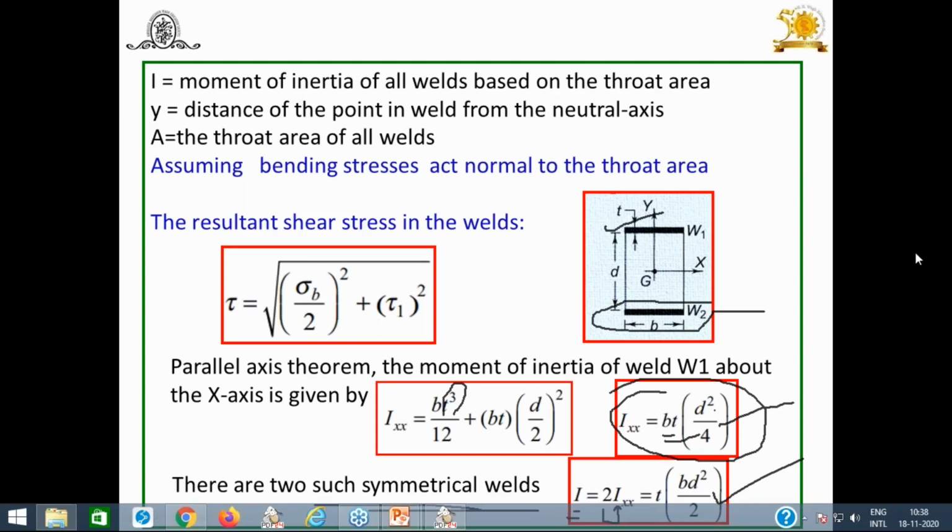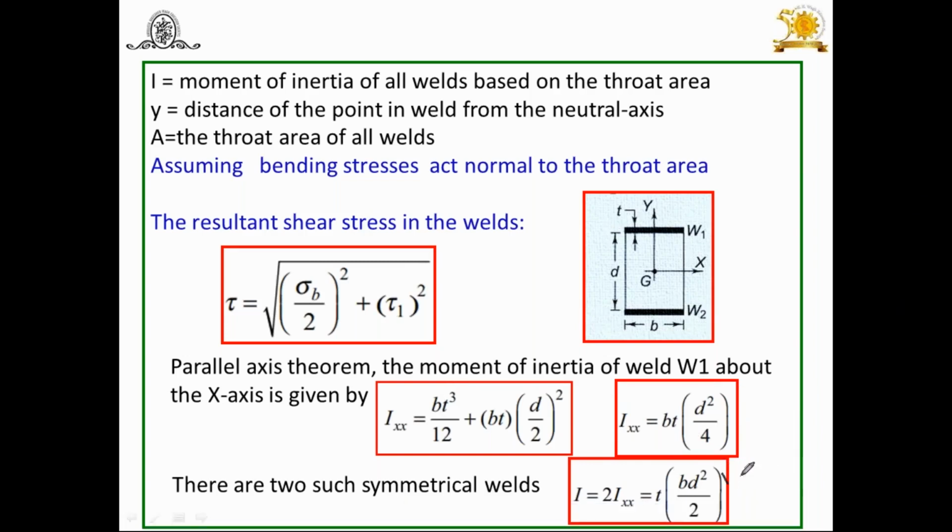Try to understand. And after getting this value, you can substitute this value of I to find out the sigma b. Sigma b means M by y by I. So here you can substitute this I. Try to understand. Along the weld, now both are horizontal welds. That's why you will get here two IXX. No need to find out y. What you will get at the y? No, nothing. Try to understand.